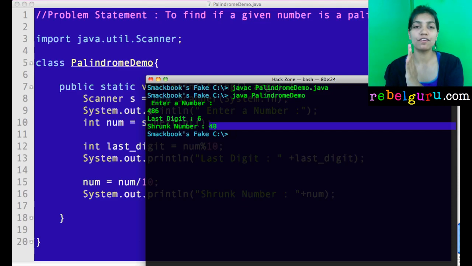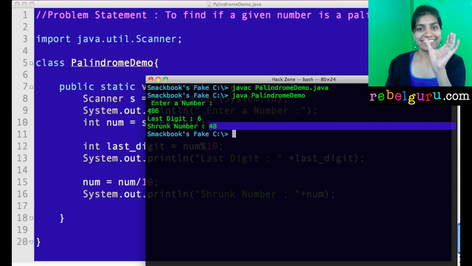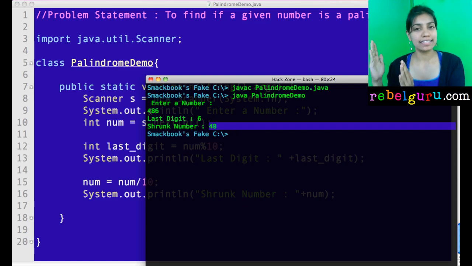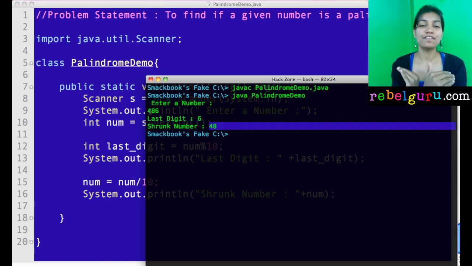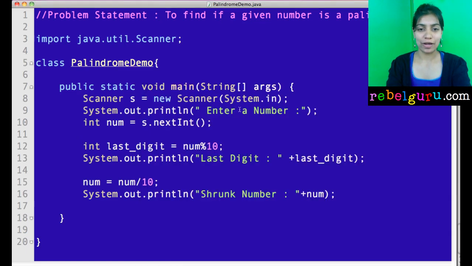I have slipped off the last digit. I have only used the remaining digits. Alright, so to remove the last digit, the simple trick is divide by 10. To shift a number to the left, the trick is the opposite: you have to multiply by 10. Alright, so now let's go ahead. So we've successfully removed the last digit.